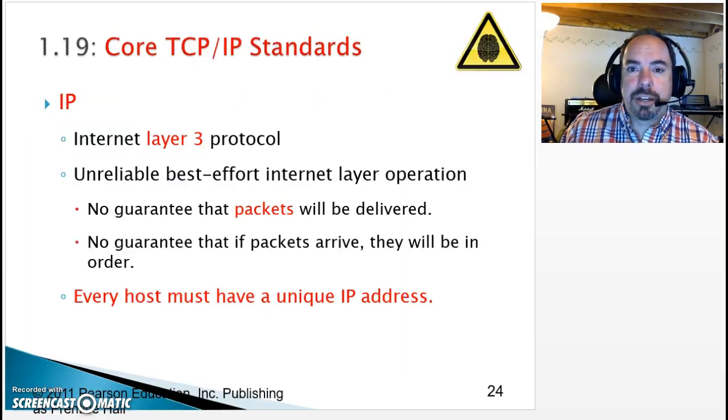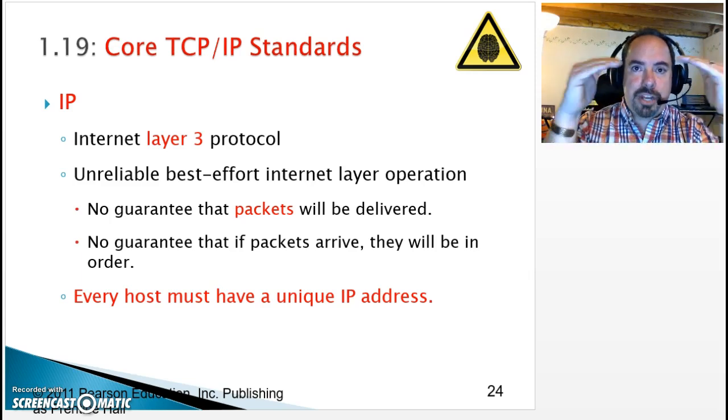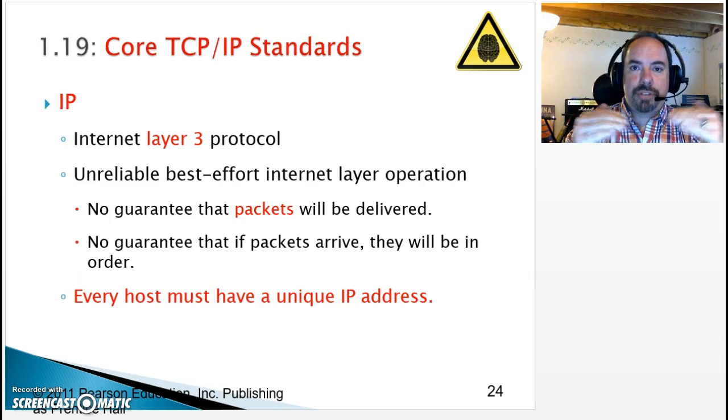At layer 3, again, remember everything in red is test worthy. So IP is a layer 3 protocol at the network layer or internet layer, depending on your terminology. Messages that pass at layer 3 are called packets specifically. If you looked at the video that I assigned from last time of the guy walking through the layers, messages are called different things at different layers. So at layer 4 they're called segments, at layer 3 they're called packets, layer 2 moves frames around, and layer 1 is just the raw data transmission.